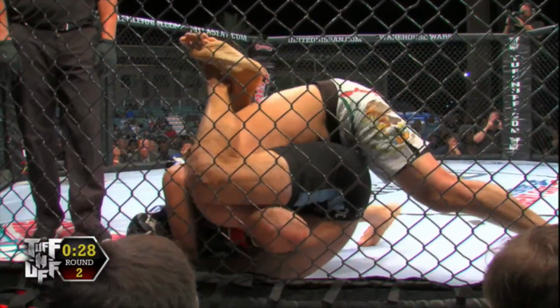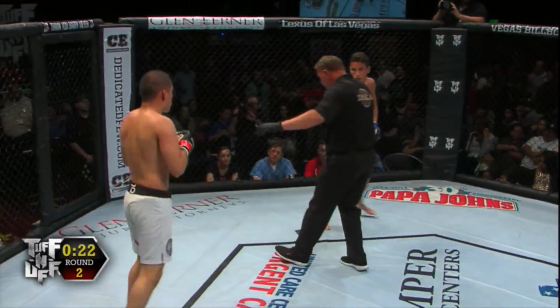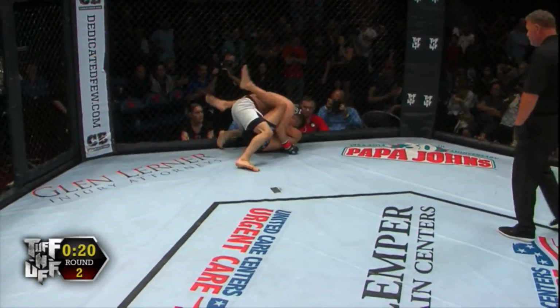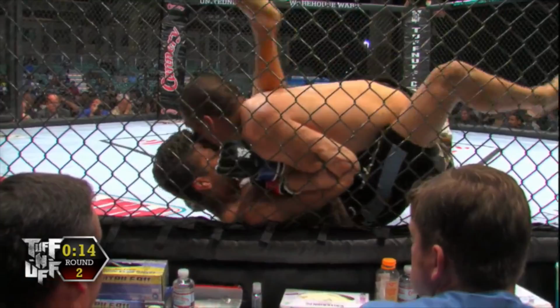Castelan doing a good job of just staying in a dominant position, but not doing any damage. And I think Chris Tione properly stands them up after just kind of a stalemate right there. Van Der Lee did a really good job of instantly not getting hurt, but Castelan scores another big takedown. And I think that's certainly going to